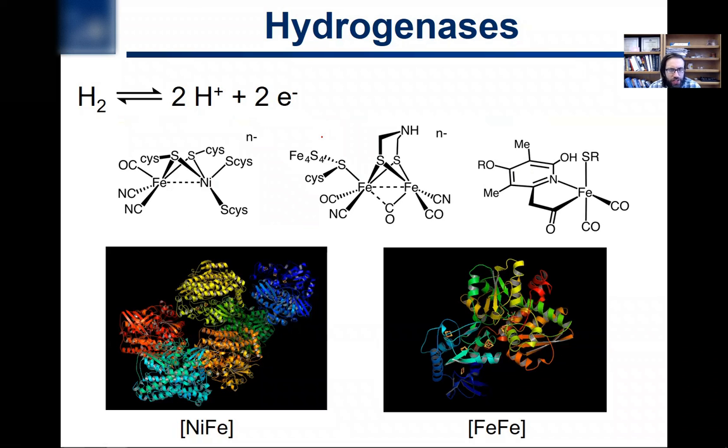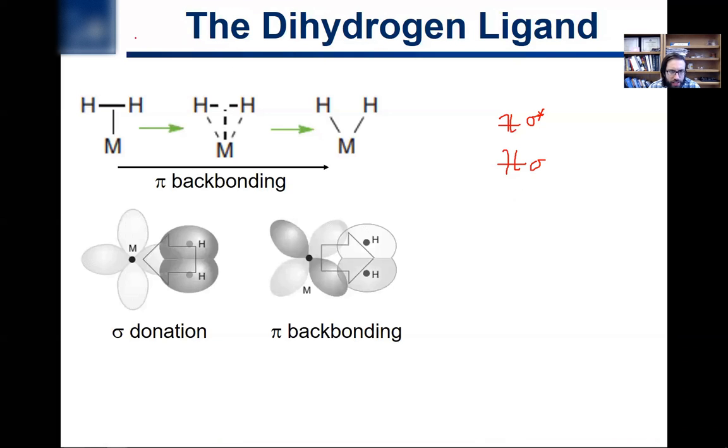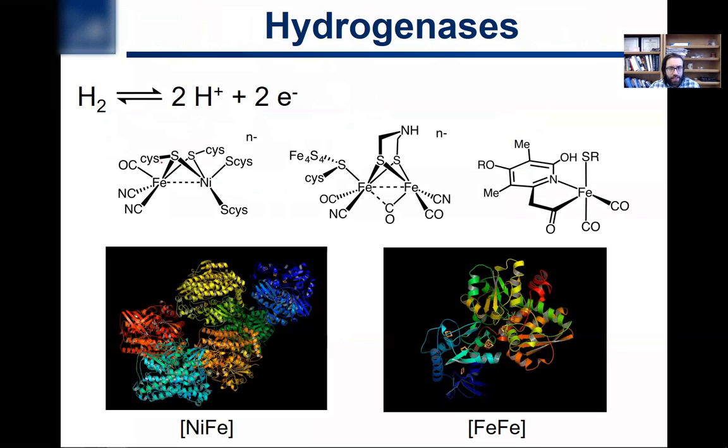And so there's an enzyme, hydrogenase, that does this sort of chemistry and actually can take hydrogen gas and take it into hydrides and then release that as protons, or take protons and go the other way and make hydrogen gas. And so it can do both of these reactions really efficiently. And there's a lot of different types of these enzymes. So there's some that use iron and nickel, okay, some that use iron and iron, and some that are mononuclear,